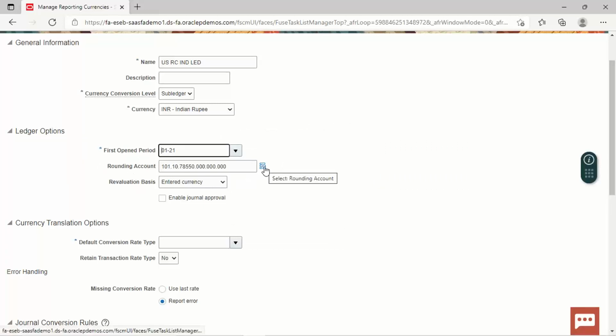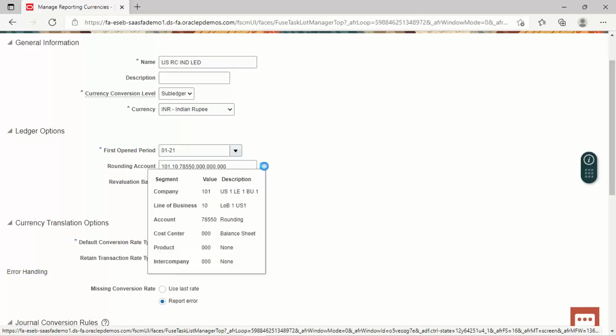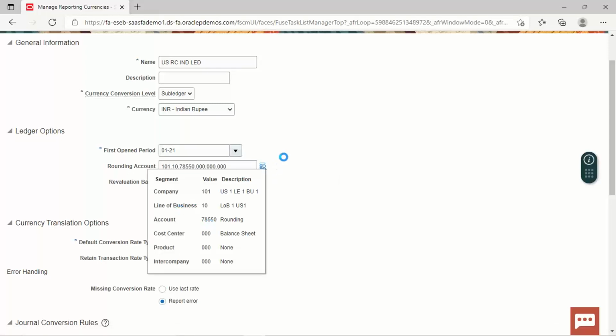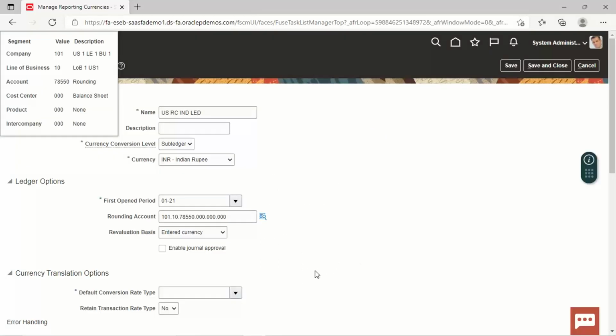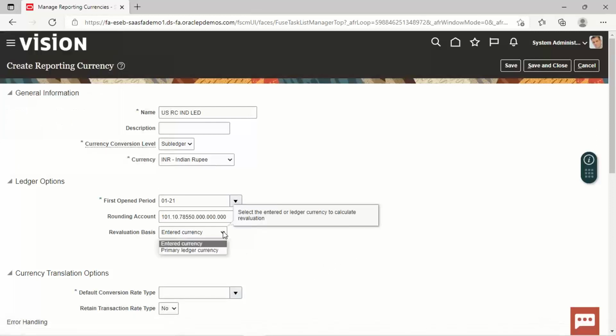Then this is the rounding account which has been selected. So from here we can manage the account. We can select the rounding account. After that, the revaluation basis can be selected.